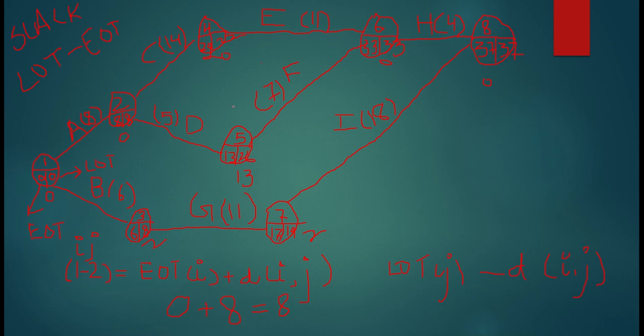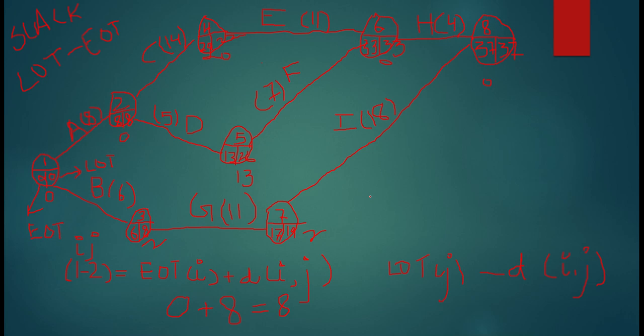So the activities which have slack 0, they are critical activities, right? The activities, I'm just repeating again, the activities which have 0 slack, they are critical activities. Why do we call them critical activities? Because these activities are so important that no delay is allowed. In event 5, 3 and 7, a minimum delay is allowed, like 13, 2 and 2. But in case of the rest of the activities, there is no delay allowed, right? Because earliest occurring time and latest occurring time is same, right? So these are critical activities.